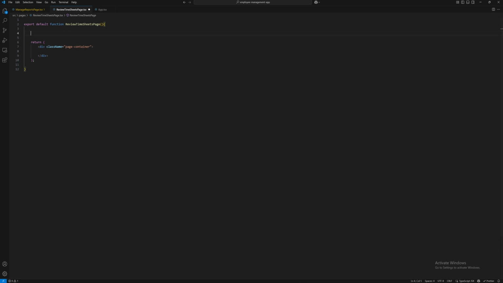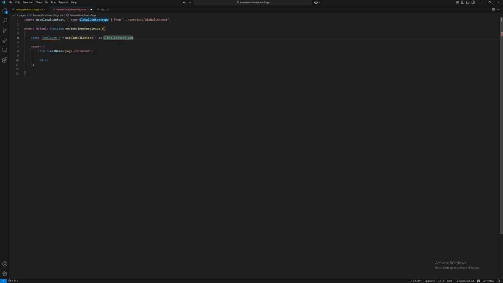So let's go ahead and say const employee is equal to use global context as global context type. Let's go ahead and import our use global context here, and also import our global context type. I'm not sure why we have a random space there, but now we're good to go and hop back in here. Once again, we need to make sure that the employee is logged in and their state has been updated